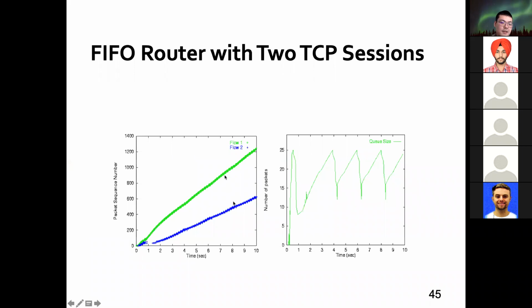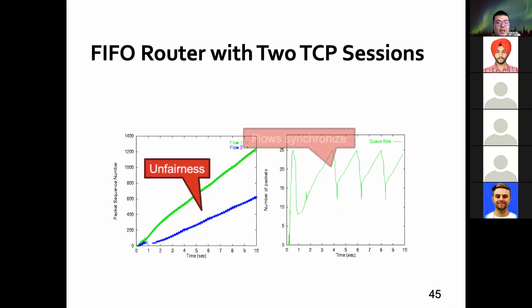So here you can see there's a fairness problem, and there's also a synchronized hammer down on the bandwidth, okay? When all of the flows reduce the bandwidth by half, and it's still increasing initially when you increase the bandwidth. Okay, so that's why we have the